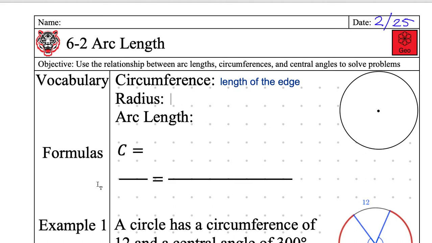All right, what about the radius? You guys know the radius. That was like 8th grade, right? Jessica? Is it like the point to the edge? Yeah, center to the edge. It's the distance from the center to the edge. So let's go ahead and draw a radius. Everyone with me right now. A radius, again, from the center of the circle out to the edge, a straight line. Let's label it lowercase r. Typically we do lowercase r for radius.